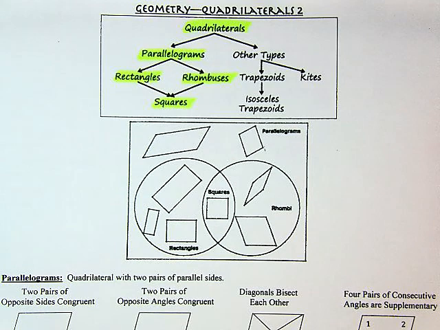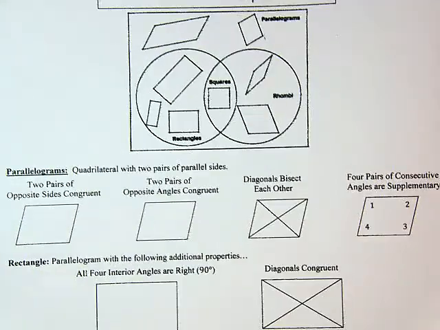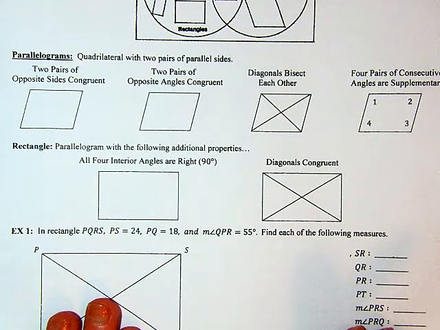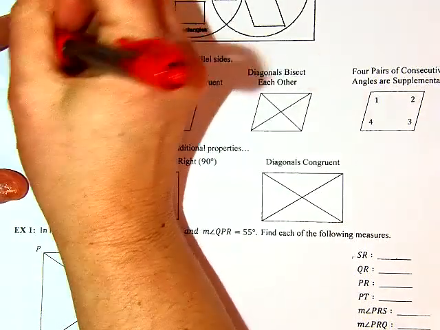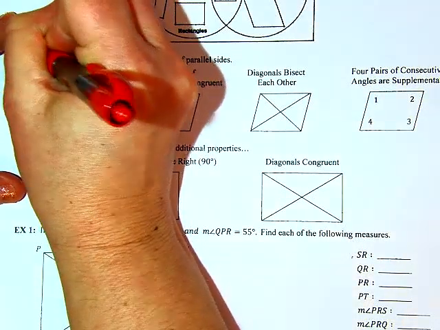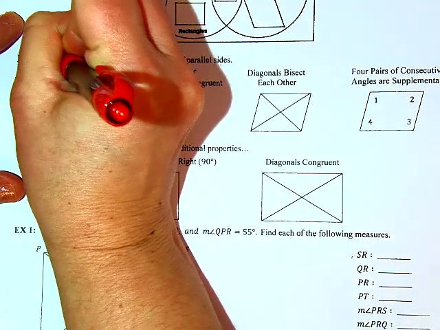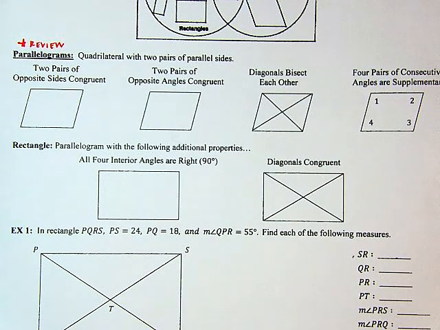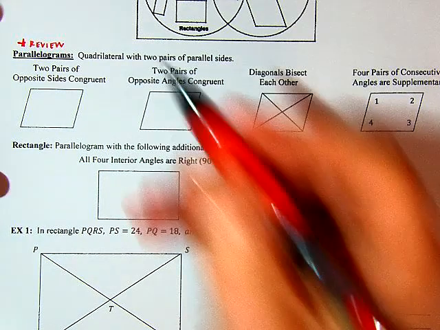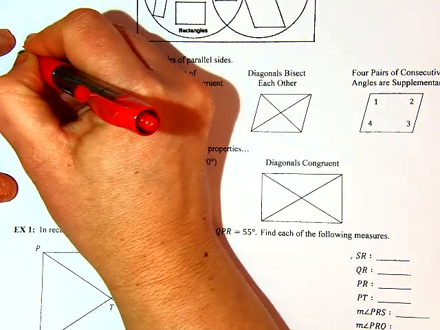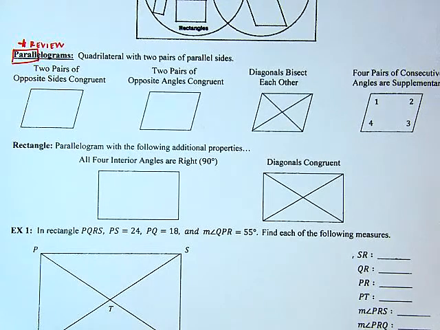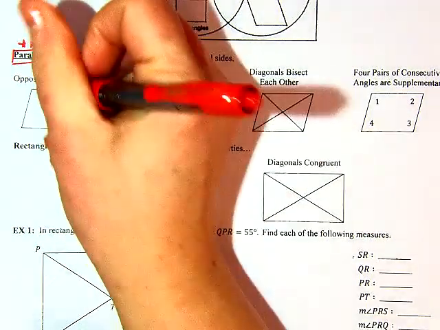So a good starting point for us today is to first just revisit what makes something a parallelogram. So here, this part is just meant to be review. So a nice little recap of where we left off. Okay, so a parallelogram is a quadrilateral with two pairs of parallel sides. We know that it's even built into its name, parallelogram. Okay, so we have two pairs of opposite sides congruent,